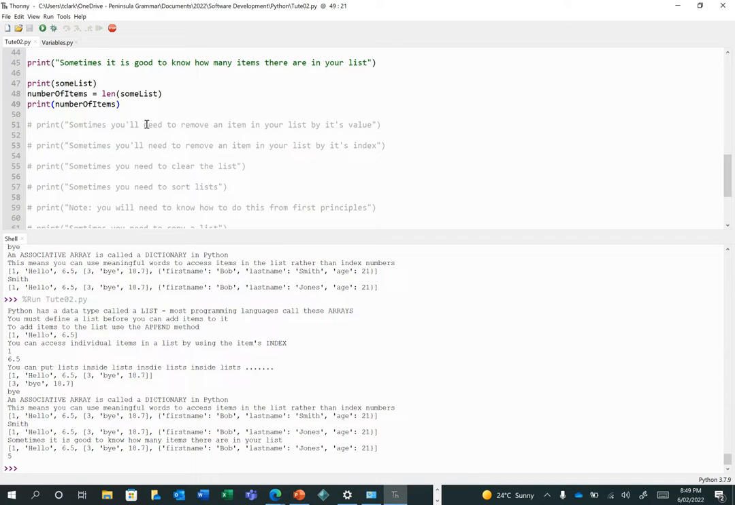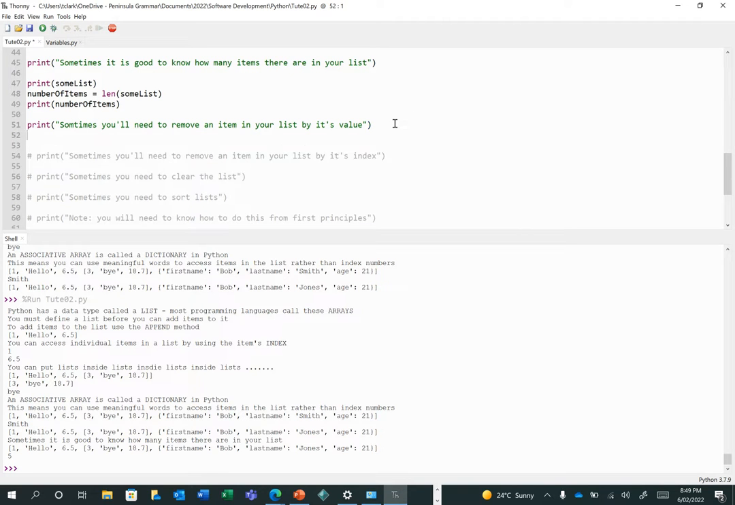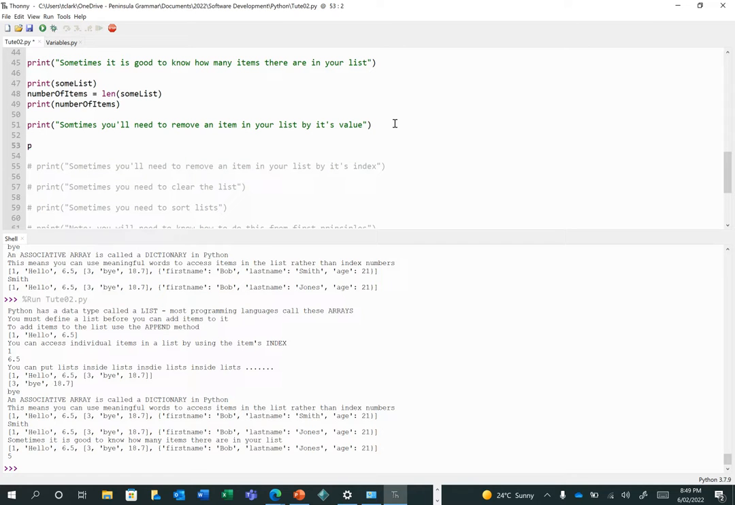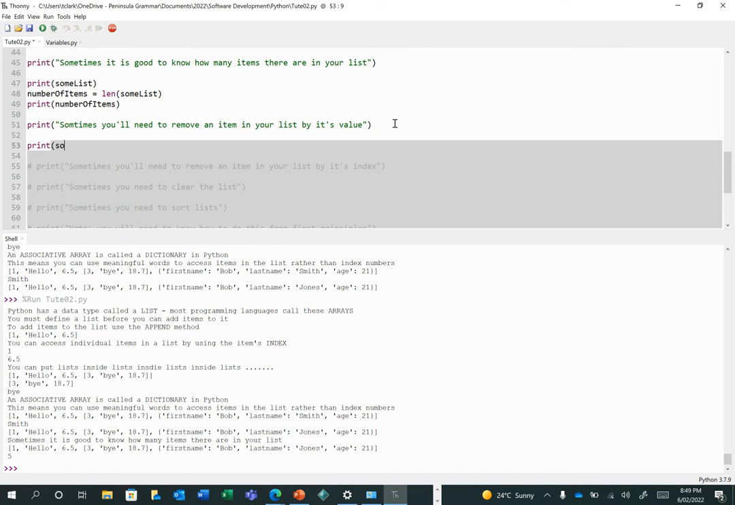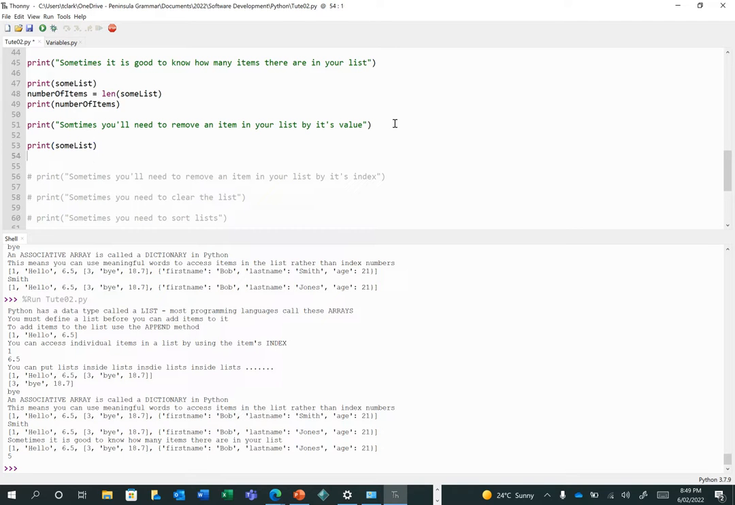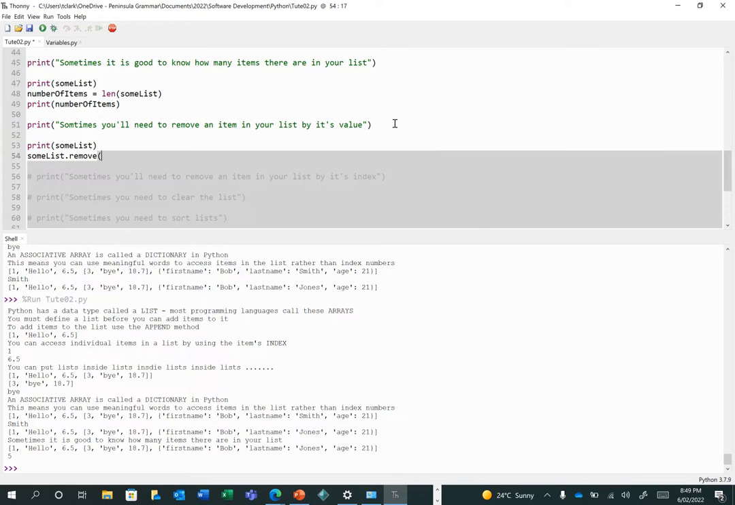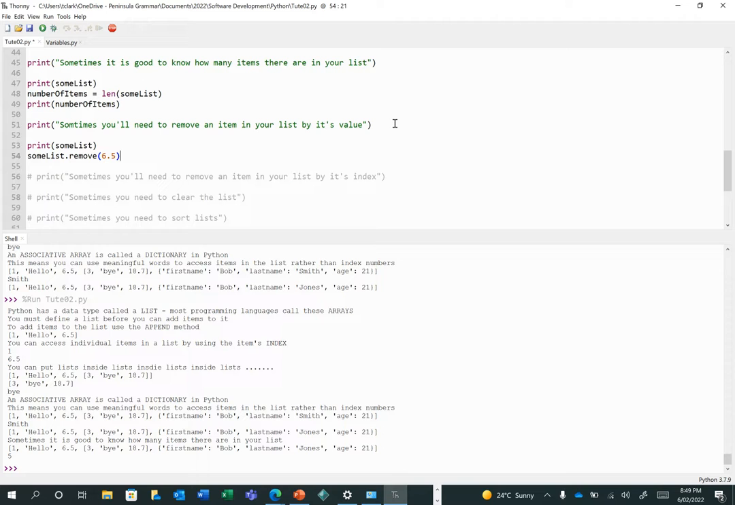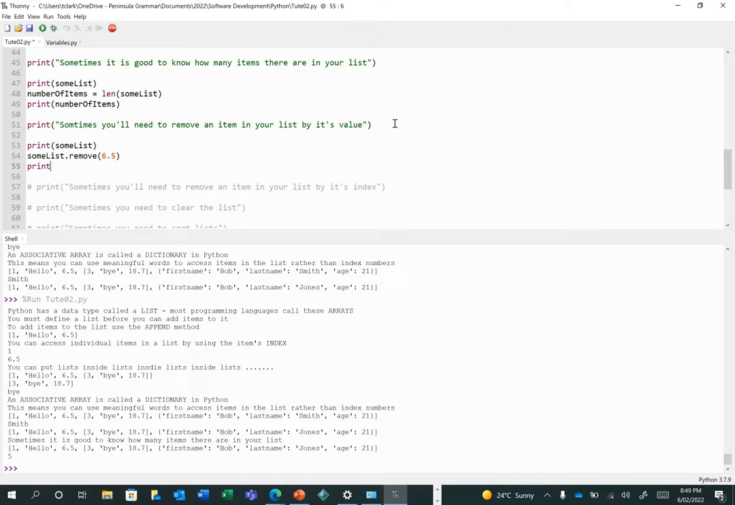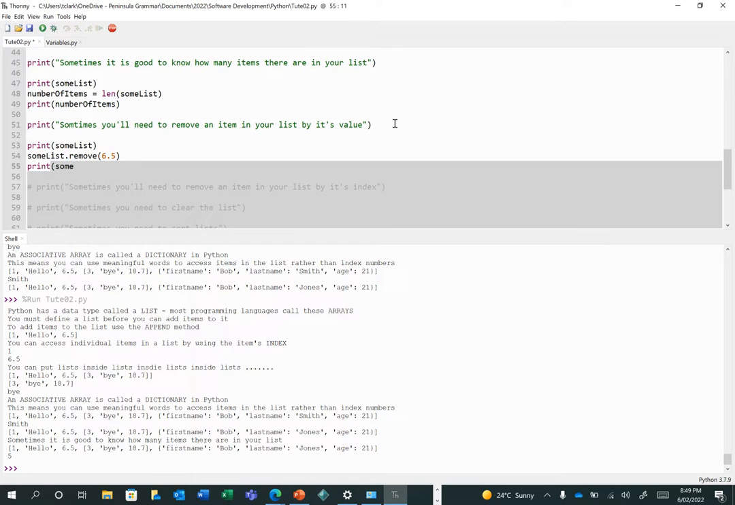The next thing you might want to be able to do is remove an item from its list by its value. So what we can actually say is we can print out the list just to be sure, some list, and the next thing we're going to do is say some list dot remove, and we're going to open it, and we're going to remove the value 6.5 just to be easy. I don't like that value anyway, and we're going to print it out, and we go some list,